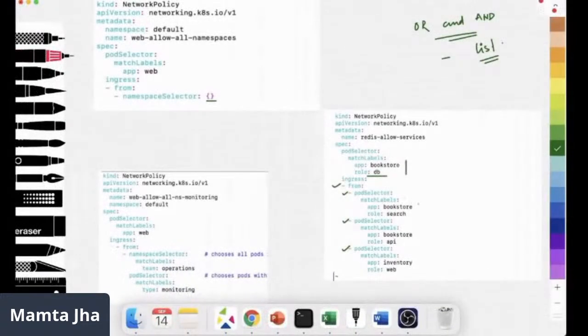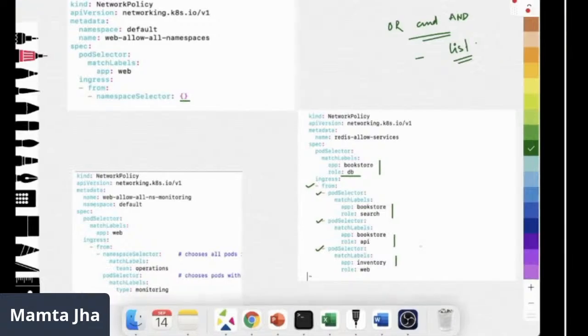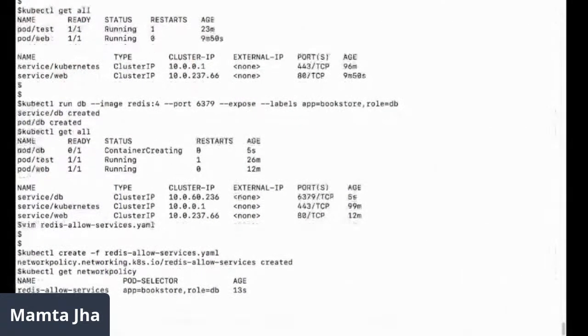Now let's create dummy ones. So it can accept packet from bookstore search, inventory, web, bookstore API. Let's create one from this. Let me edit this command. Role as web, app as inventory.